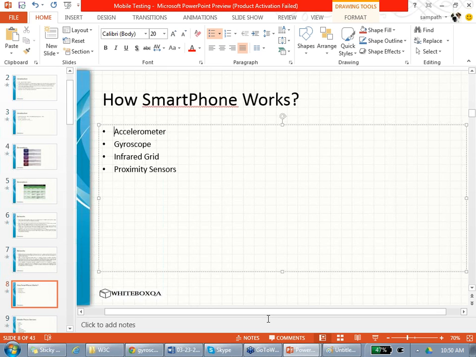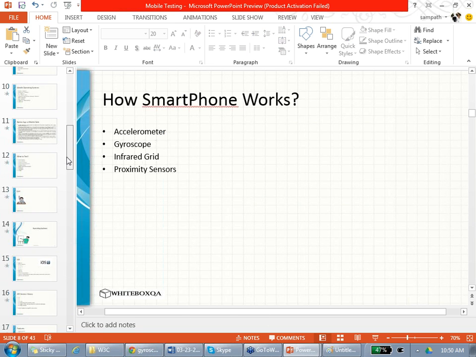Bluetooth receiver. Sometimes they might also have a USB receiver, mini USB. And proximity sensors. If you come close to the sensor, it knows that you are close, so let me turn off the light. Those are proximity sensors. Are we good? All right.